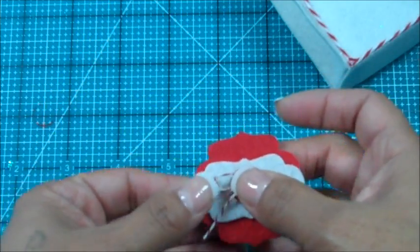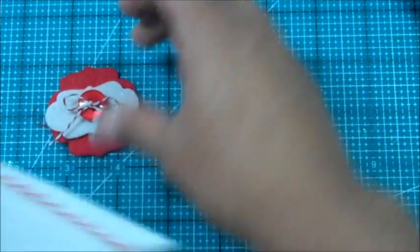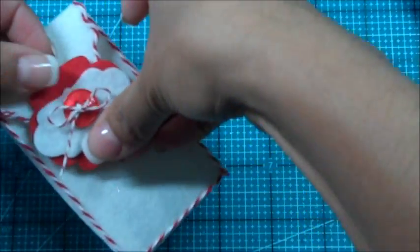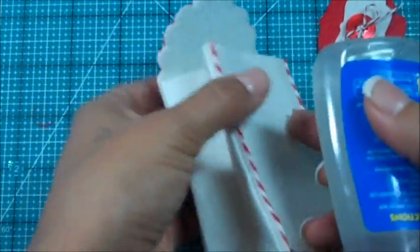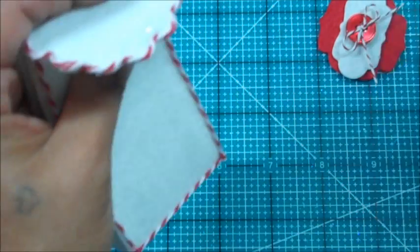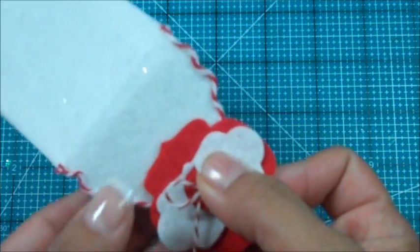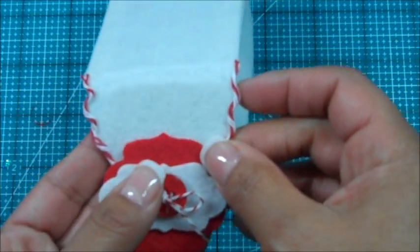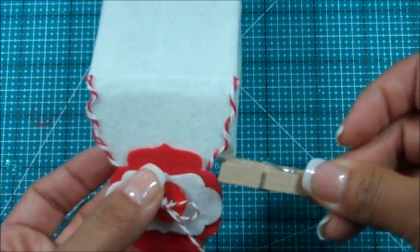And then now what I'm going to do, I'm going to go ahead and glue this down. This is going to get glued. This is going to be my little closing right there. So I'm going to glue this right here. Let me put the glue on here first, actually. Let's put plenty on there. And I'm going to put this here. That's going to go right there. And I'm going to use my cute little tiny clothespins to kind of hold it down